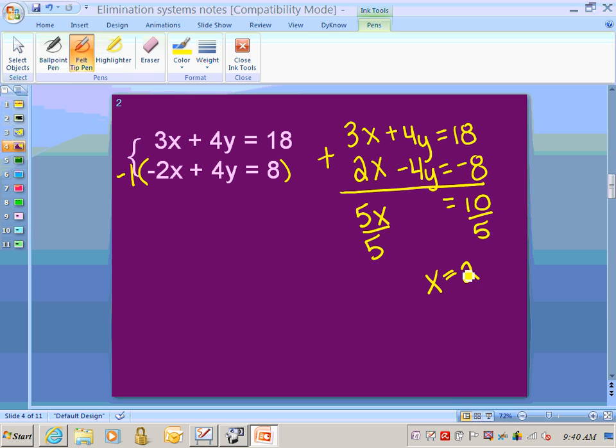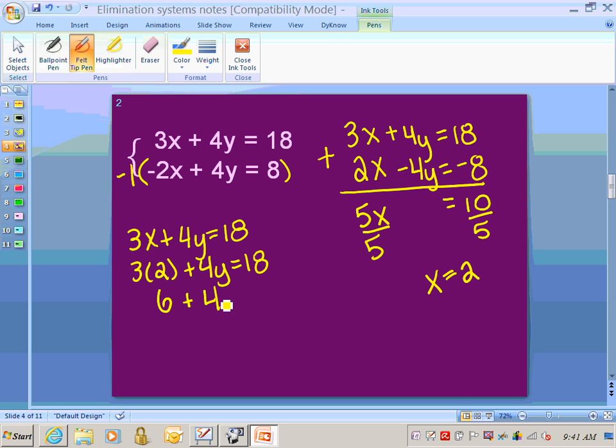Okay, which one do y'all want to fill it back into? The top one? So if we have 3x plus 4y equals 18. When I fill it back in, I have 3 times 2 plus 4y equals 18. So that gives me